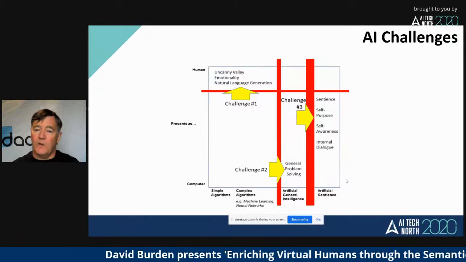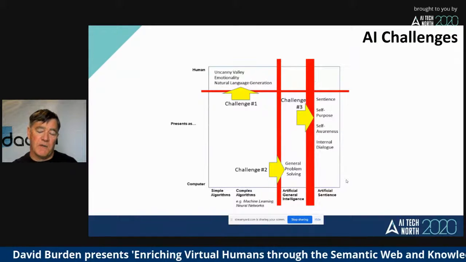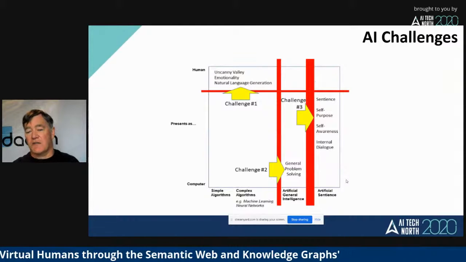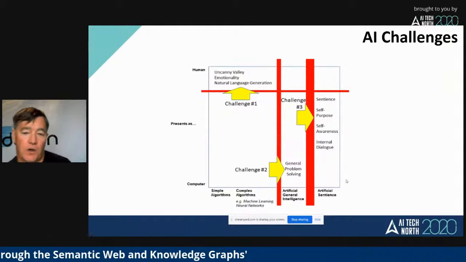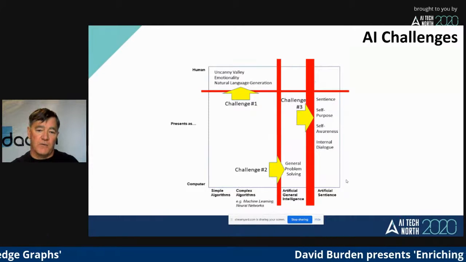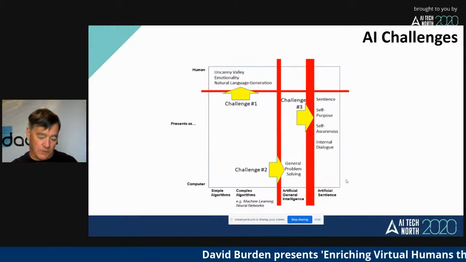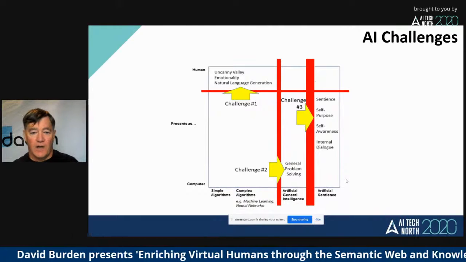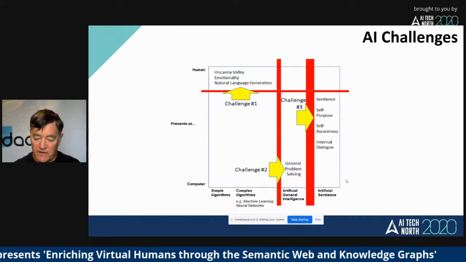self-awareness. And one of the ways that we often characterize this is in terms of imagining it with its own internal dialogue, and having its own conversations with itself, its own dreams, its own goals, and how it actually thinks about itself and its life. So we found this has been a useful sort of matrix to use to get us to think around what we mean by virtual human and what some of the challenges are that we might be facing in